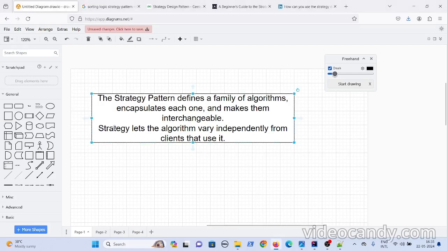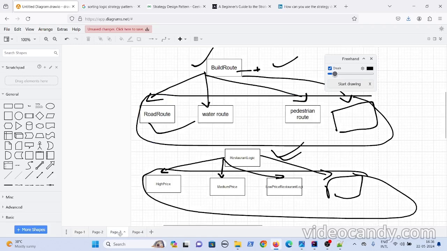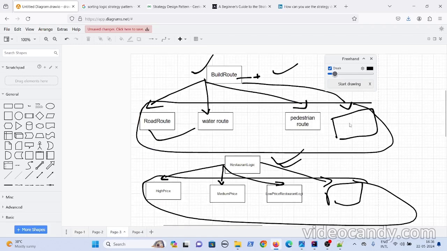And one more thing is, strategy lets the algorithm vary independently from clients that use it. Now, if you see this particular pattern, even if a new algorithm comes, or even if a new route comes, you are adding it here, and your navigator class doesn't need to know it, or your client doesn't need to know it.